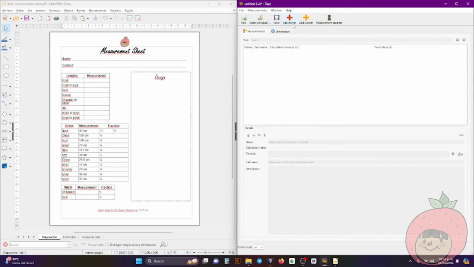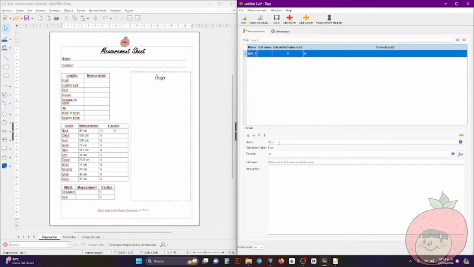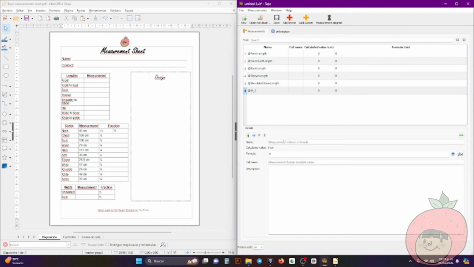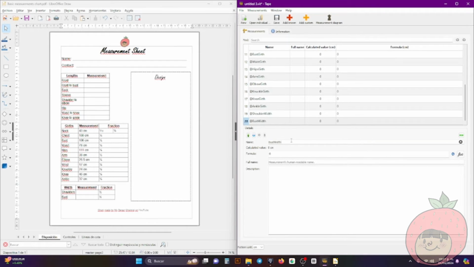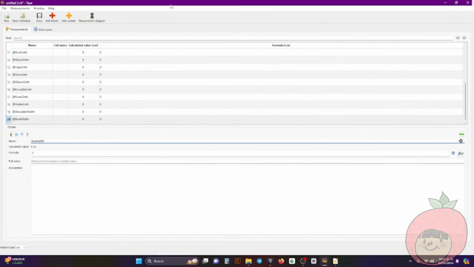So here, instead of adding a known measurement, I'll be adding a custom one, I mean. So let me get started with the lengths, all right? So let me go with front. All right, so now that I have these ones here with me,